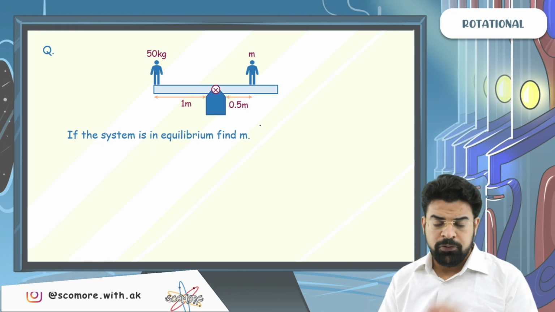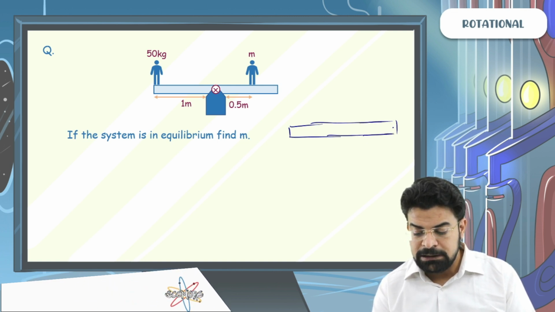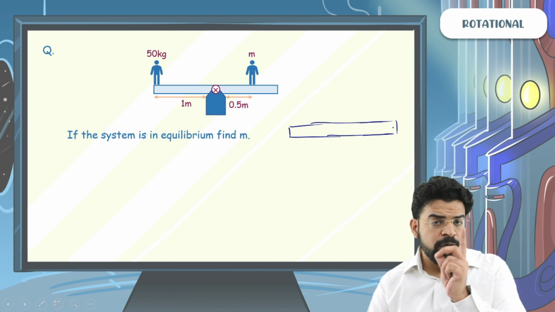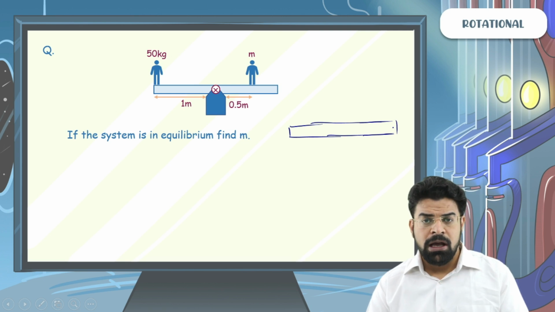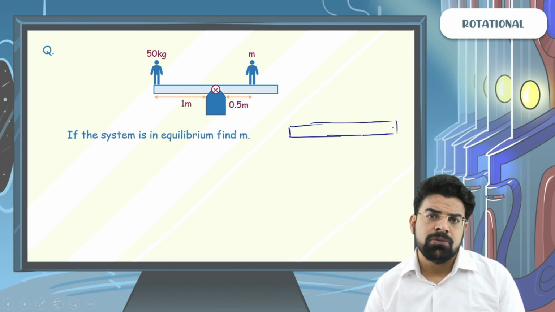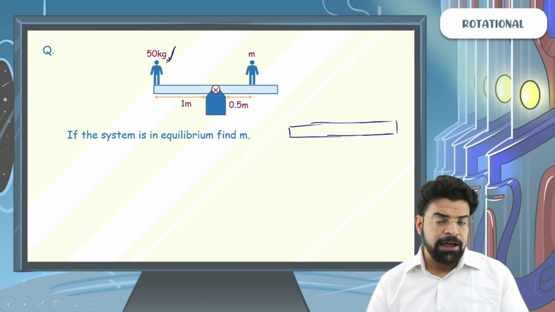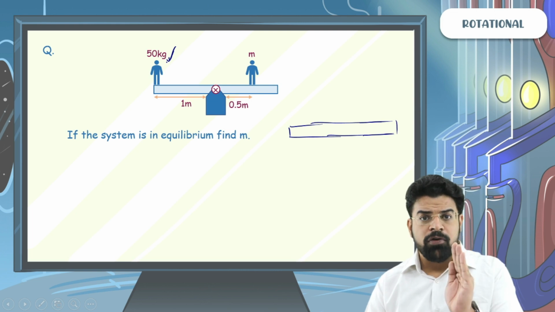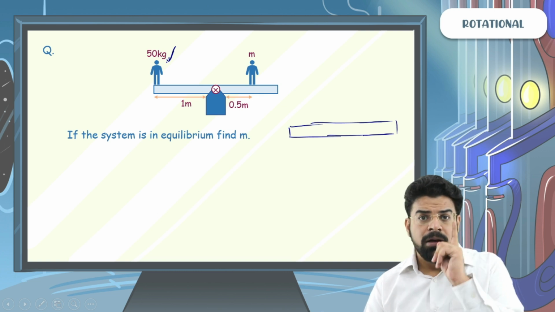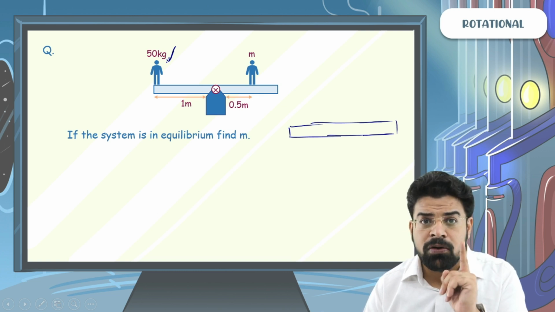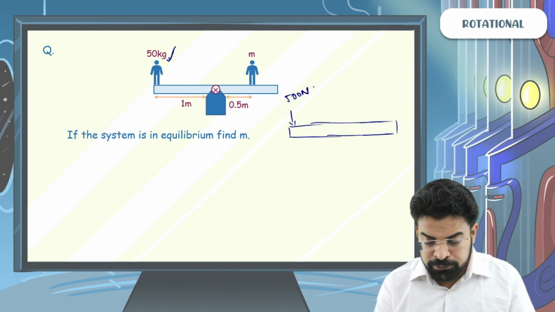So now here, if we look only at the platform part, if the platform part is in equilibrium, then the net force on the platform has to be zero, as well as the net torque on the platform has to be zero. Assuming the platform to be massless, what are the forces acting on the platform? Since this person of mass 50 kg is in equilibrium, the platform must be applying a force of 500 Newton on the person upward. Since the platform applies a force of 500 Newton on the person upward, the person applies a force of 500 Newton on the platform downward.